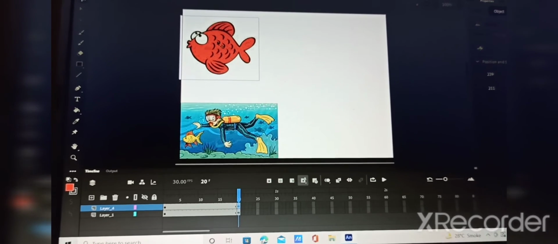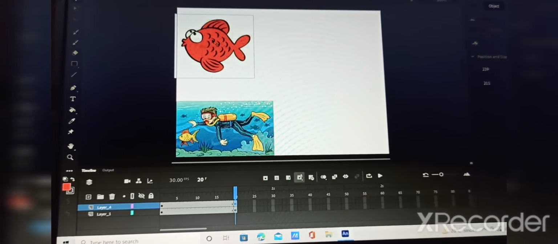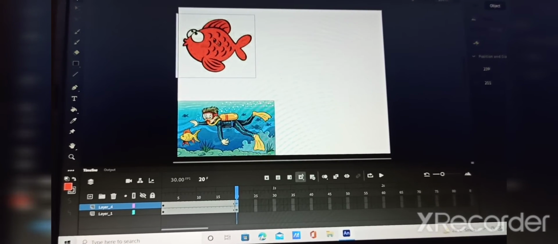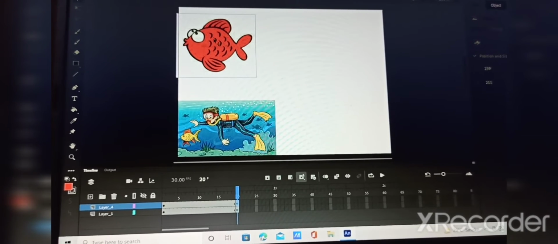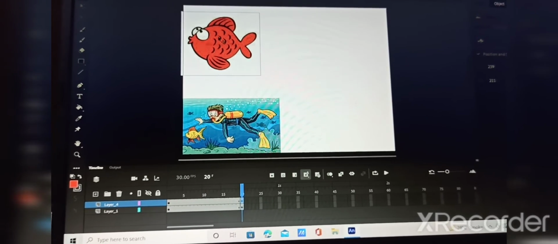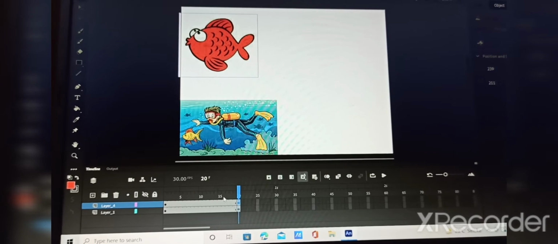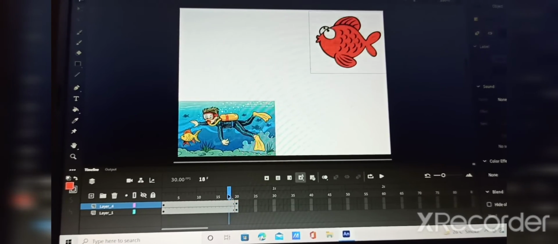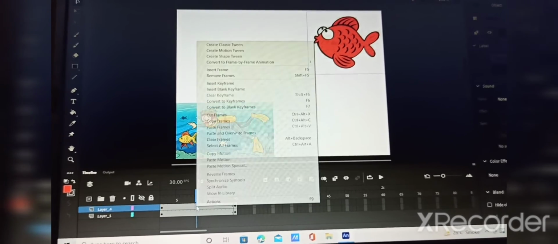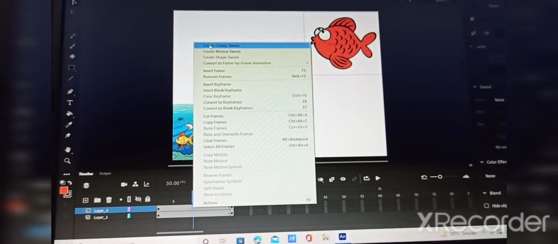Now the next step is that you have to select in the middle of the frame. You have to right click between the two keyframes, that lets you select the frame for the tween. Here, in the middle, see the layer, layer 4, the fish layer. Click here where you want the tween, and create a classic tween.